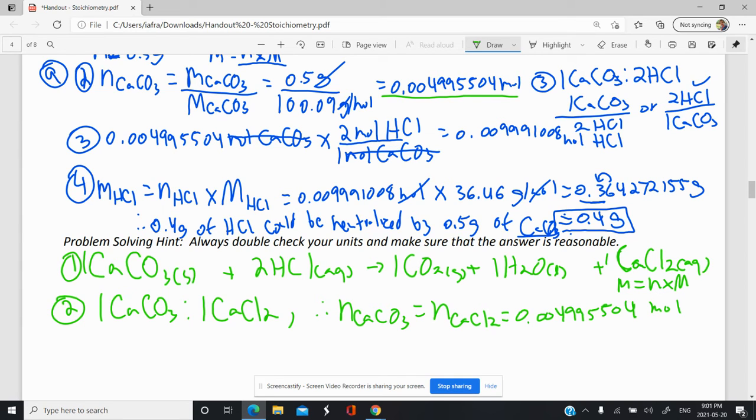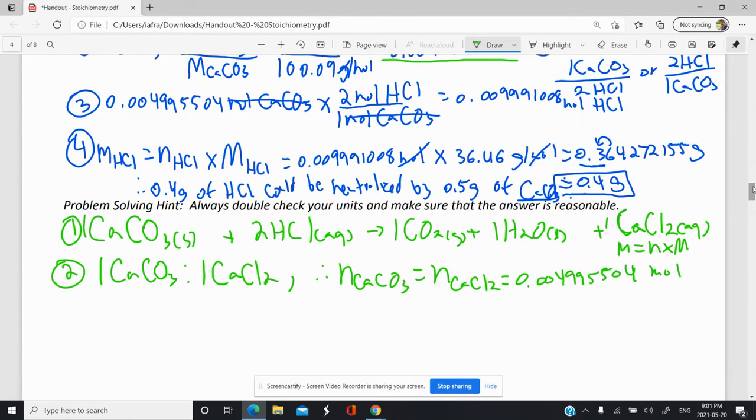That would work too. But for a 1-to-1 ratio, again, this is justifiable. And so we just want to find the mass that will be produced of CaCl2. So we have the moles of CaCl2. So now our last step is basically just to do the mass of CaCl2 is equal to the moles of CaCl2 times the molar mass of CaCl2. And so we would get